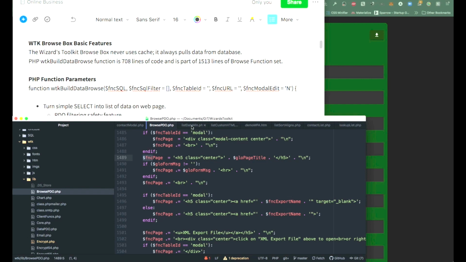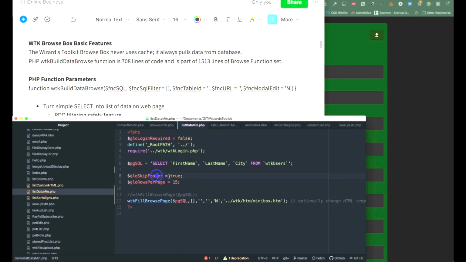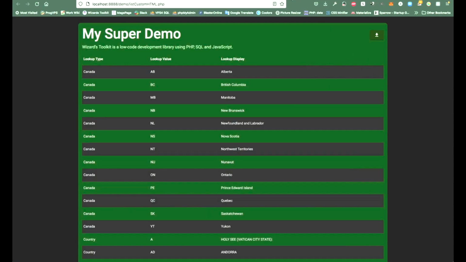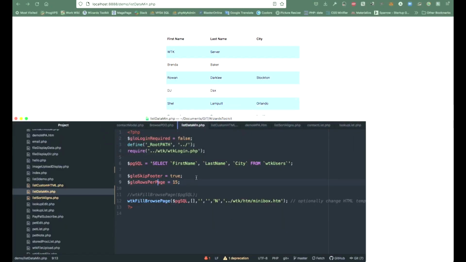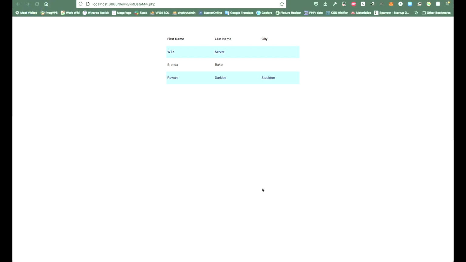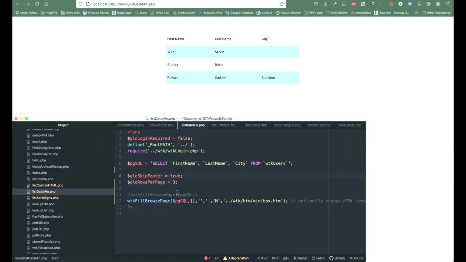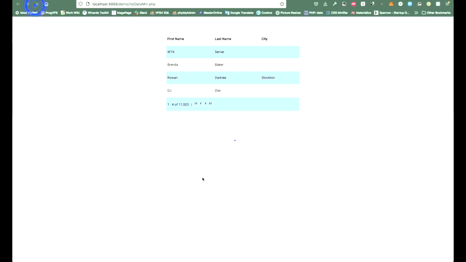All right, back to it. I'm going to add a skip footer and add gloRows page. This will change the number of rows on a page. So let's go back to here. We'll say there's a bare minimum, and now it's 15. And there's no footer. Now it's 3 and there's no footer. And if we wanted to say, okay, let's put the footer back, now we can page navigate 4 at a time